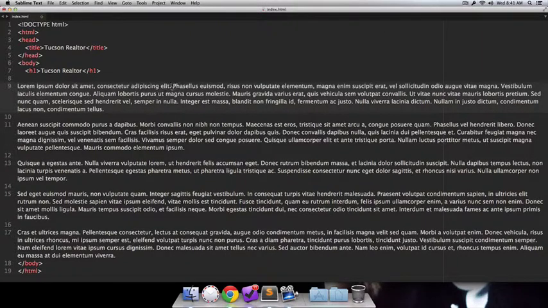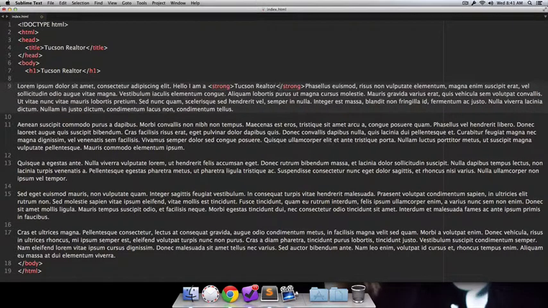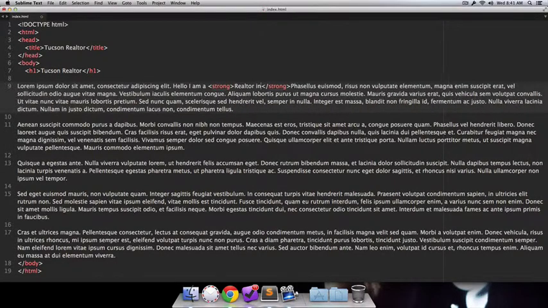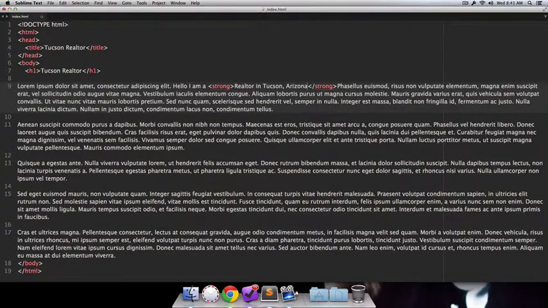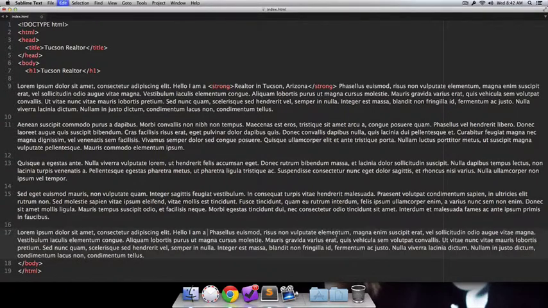Let's say I put it right here and say, hello, I am a Tucson realtor, or I'm a realtor in Tucson, Arizona, something like that, because you can have variations, and I would actually encourage variations within your documents. I'm going to get rid of this right here and just do